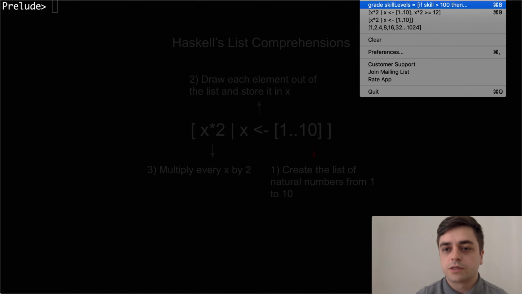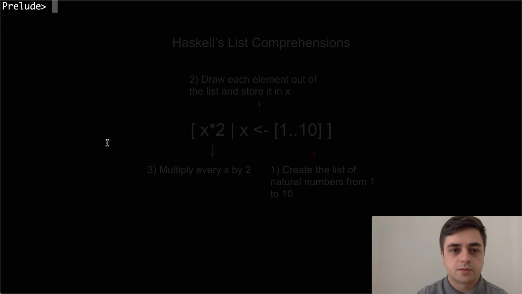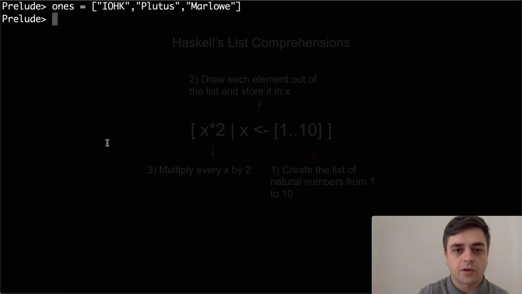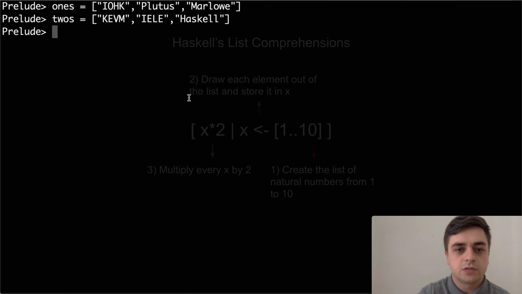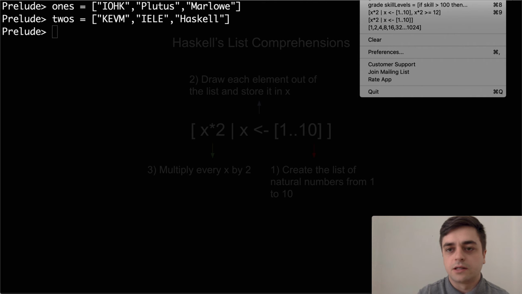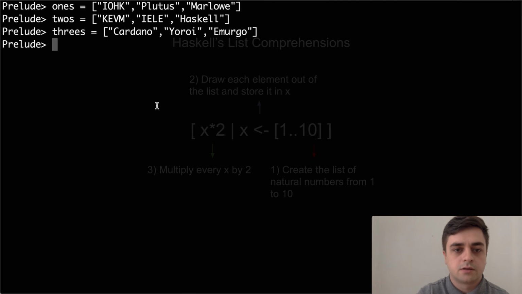So the first list is going to be this one. Okay, and that's gone and stored it in the ones list. We have a twos list. Then 3s. Okay, so we're going to use these 3 lists to generate seeds,